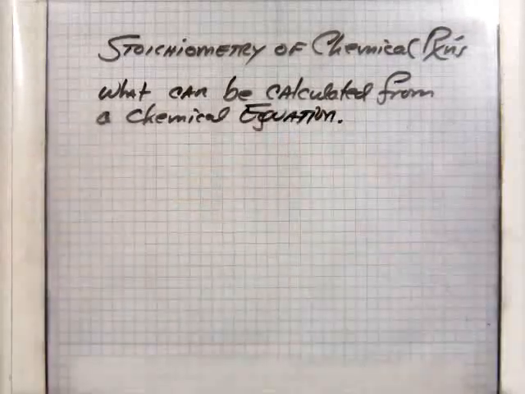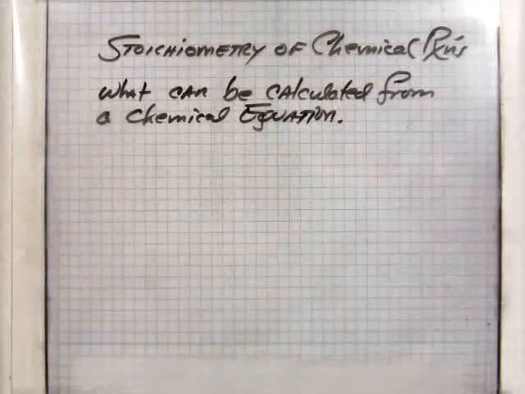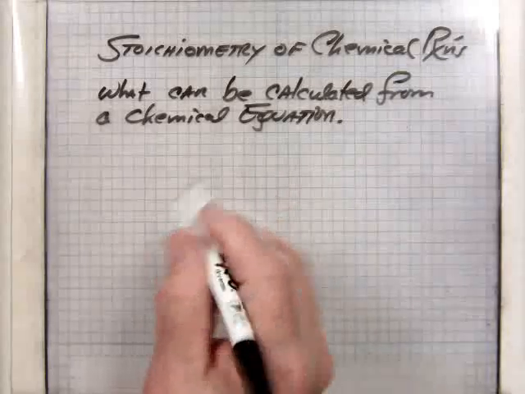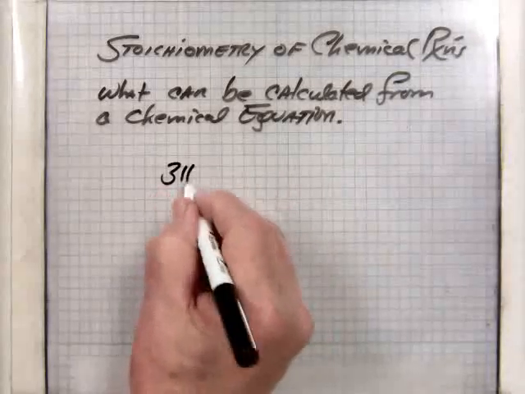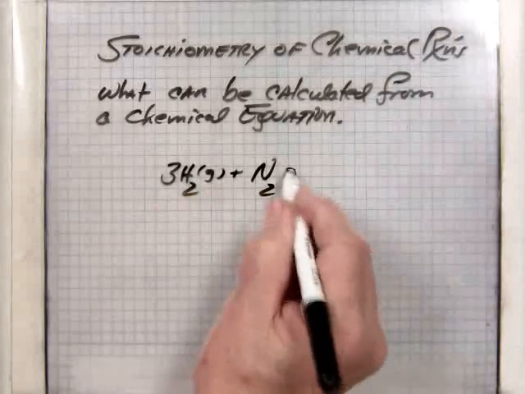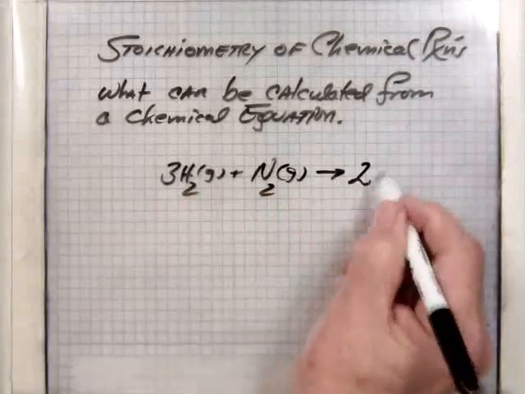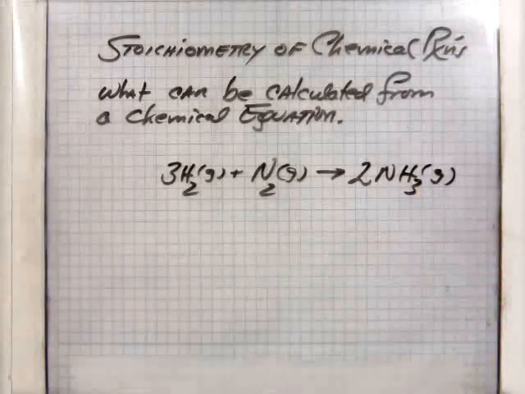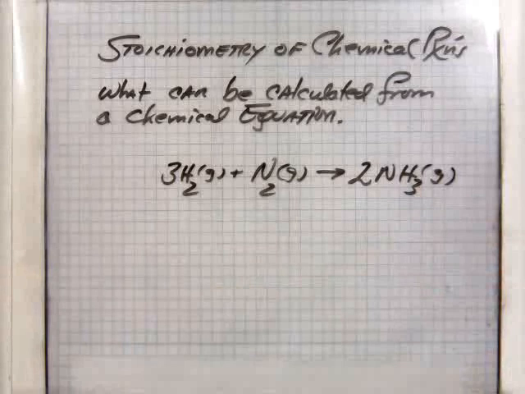Now, as shown in the handout, we're using the equation for synthesis of ammonia, 3H2 as a gas, plus N2 as a gas goes to 2NH3 as a gas. And so we want to again ask ourselves, well, what can I numerically obtain from a